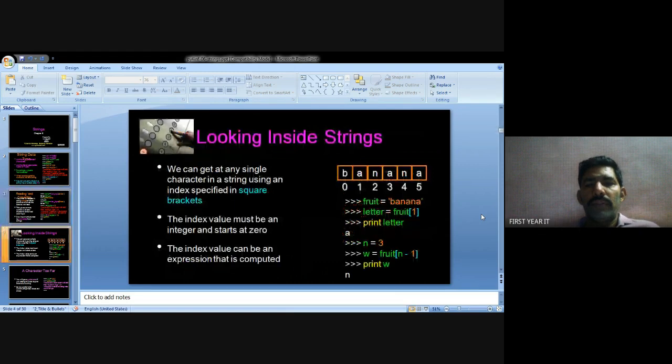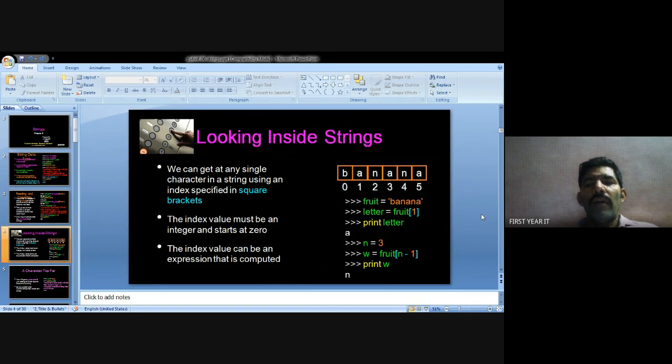Next problem. This defines banana as a string value. We can store it in the system memory locations. Positions are defined initially from the zeroth position up to n values. So the starting position is 0. The string element is stored at the 0th position, and 0 means the b value. We can access banana at 0, 1, 2, 3, 4, 5.